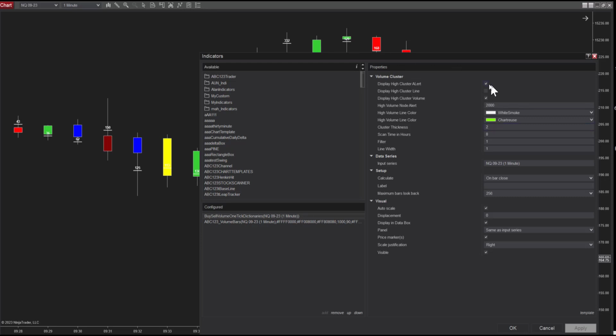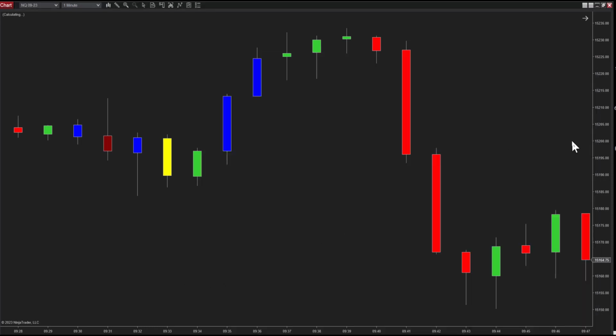When I put this cluster alert on, what this number means, right now it's at 2,000, but I'm going to put it back to 200. If there are any contracts above 200, I want it to be displayed. Okay, so I'm going to hit apply. You're going to see, when it's done doing all its calculations,